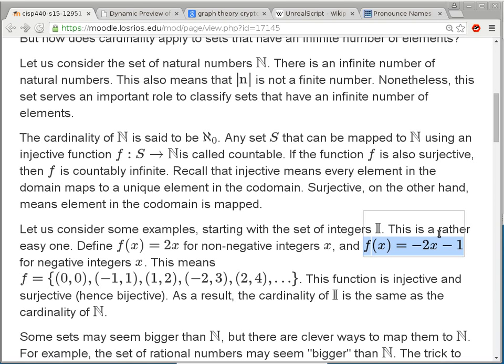The cardinality of that would be the same, though, correct? Because both are going to infinity. It doesn't really matter that the other one's going to negative infinity as long as they're both going to infinity in general. So what we do is we say the cardinality of natural numbers is considered the same as the cardinality of all integers, and we define that to be aleph naught, aleph, which is